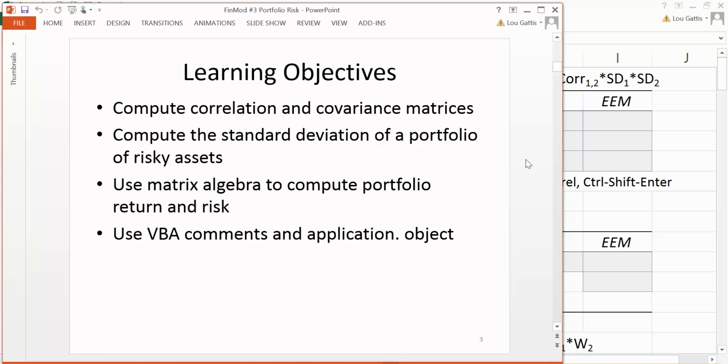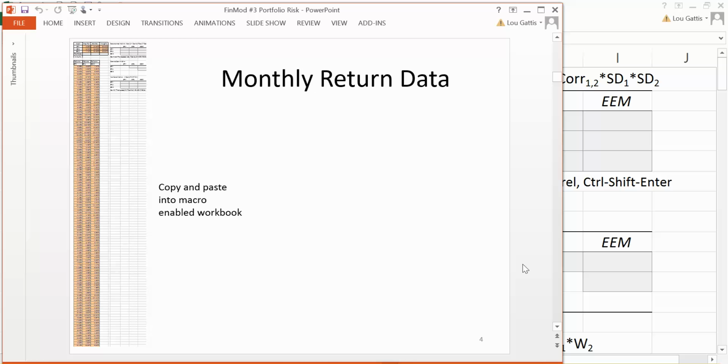In this topic, we're going to talk about computing correlation and covariance matrices, computing the standard deviation of a portfolio of risky assets, using matrix algebra to compute portfolio risk and return, and using VBA comments and Application.Object. So we'll grab this data by double-clicking